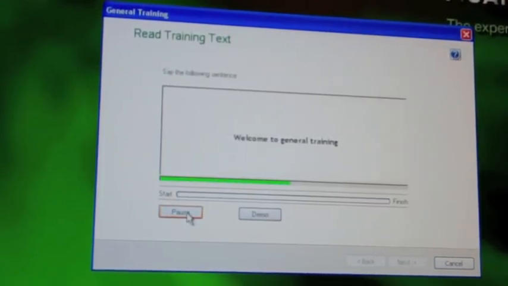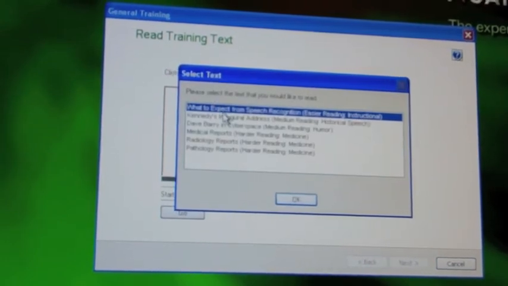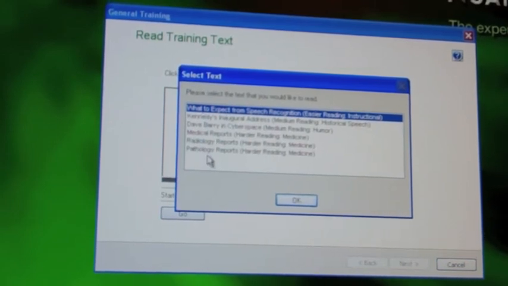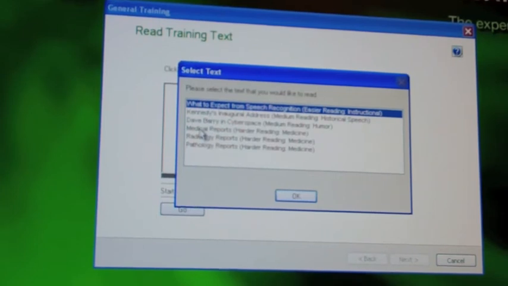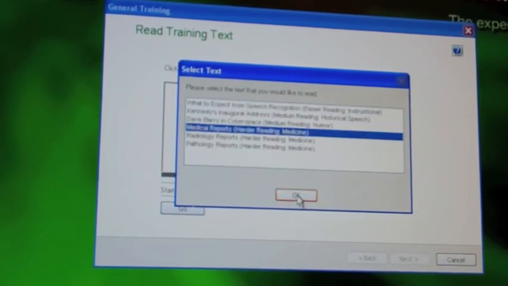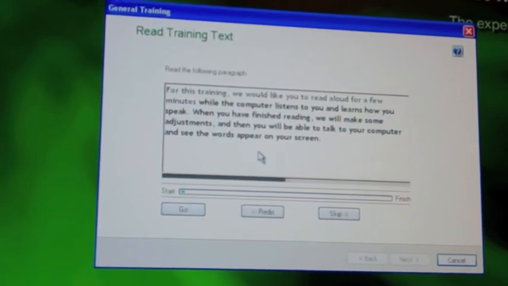Welcome to general training. Training is about to begin. Now we can select the text, the various different types of text examples. As you can see, there's pathology, radiology, medical, and some general text. And I'm going to select the medical report. For this training, we would like you to read aloud a few minutes while the computer listens to you and